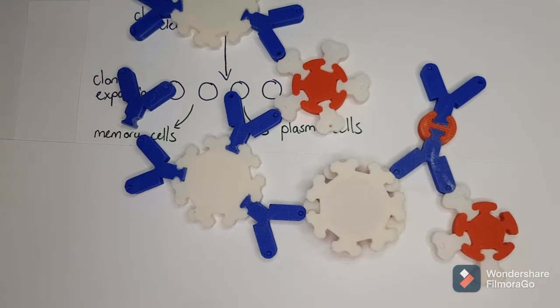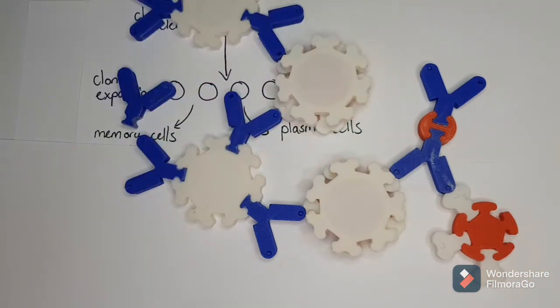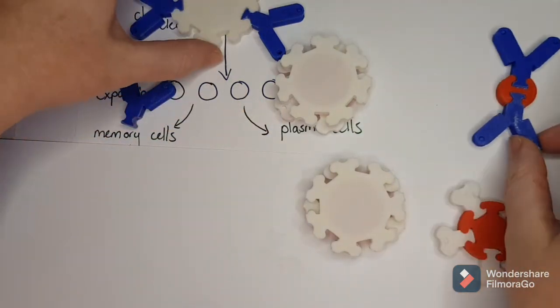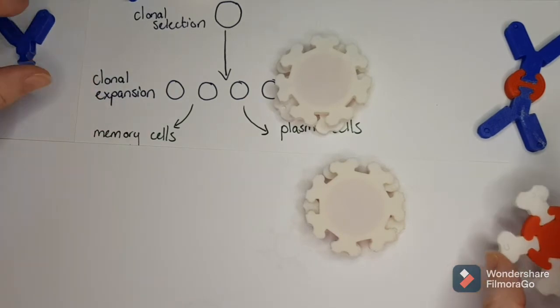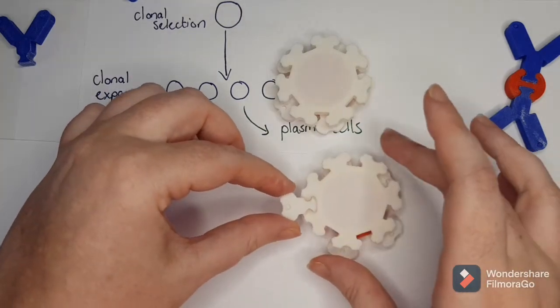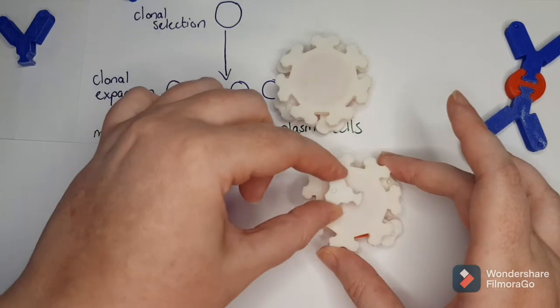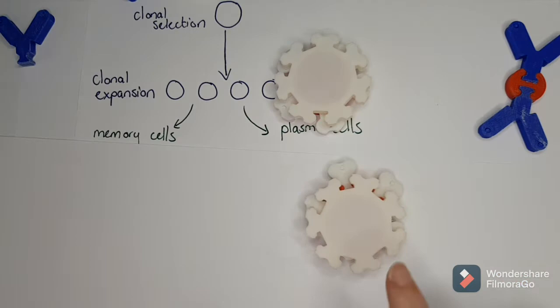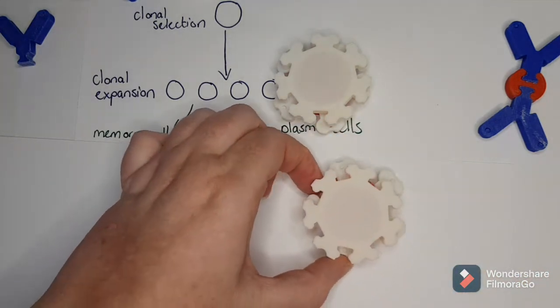engulf them. And when they engulf them, what happens is they break them down with any hydrolytic enzymes and things that are inside them. And when they break them down, they can have what we call antigen display or antigen presentation. So that white blood cell is then going to start to take all those antigens from inside and display them on the outside. So you're going to start to have all of those antigens being displayed, and that can then trigger the second